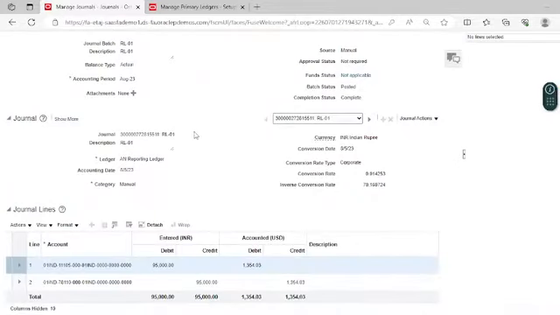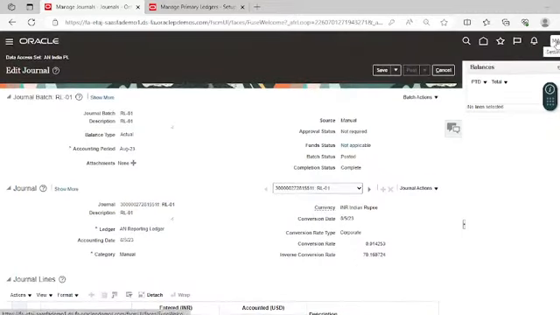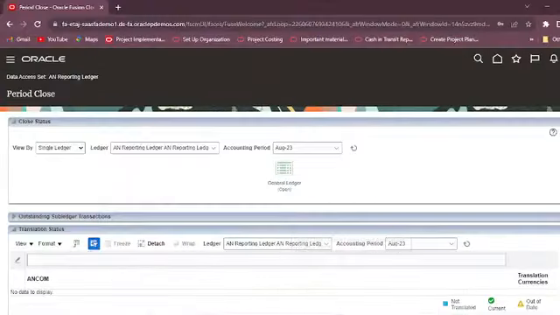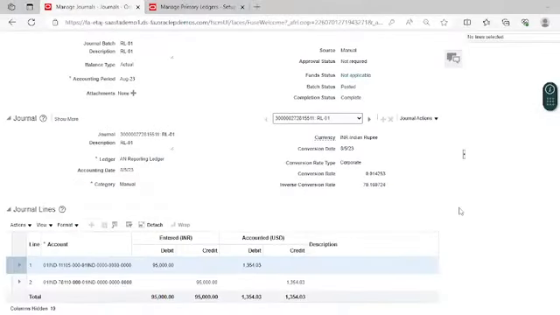As you know, we have created the reporting ledger for the journals. Now you can see here we have created the journal in the INR, but you can see that it has been reported in the USD also. So this was the user who has access to the Indian primary ledger. Now we will log in with the user who has access to the reporting ledger. But here also you can see that by the time you have entered the journal in the INR currency, at the same time it is reported in the USD currency as well.